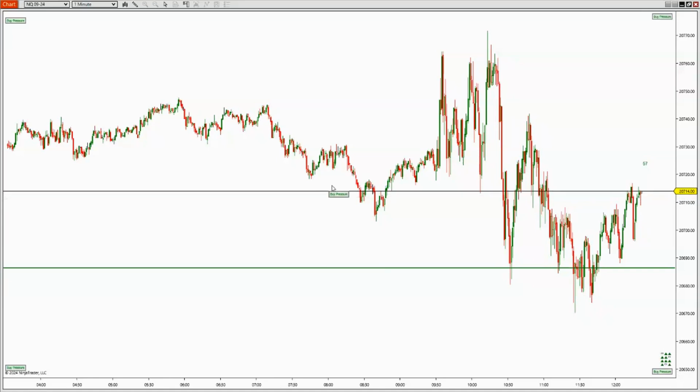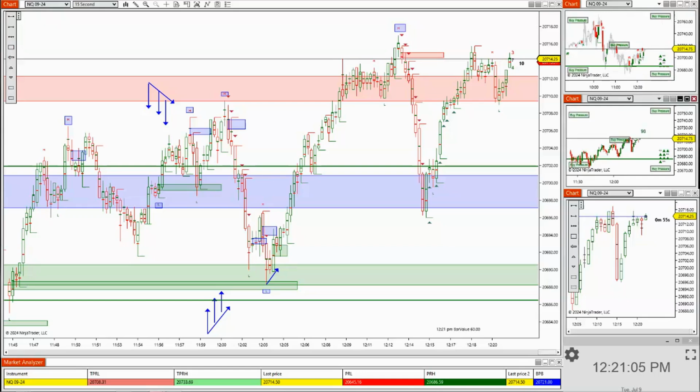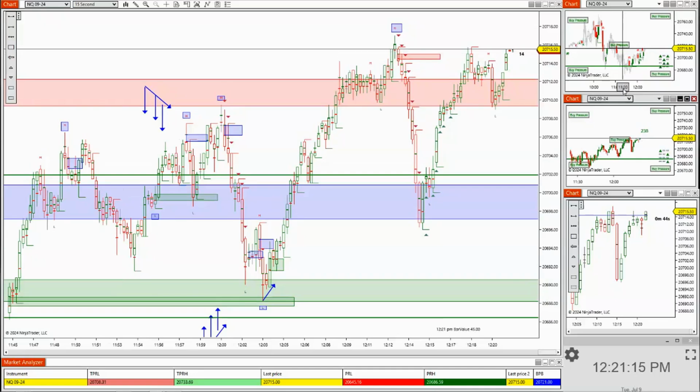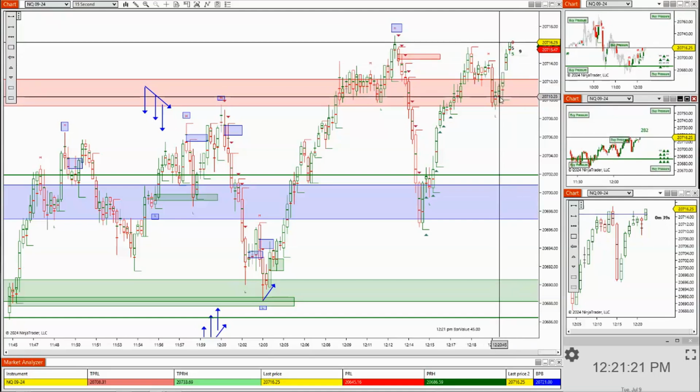Well, before the bar finished, it went off, so it's actually not able to do that. It went off. You can pause the video and go back. It went right off before the bar had finished. Okay, and then I got the volume in there for you. All right, so you can kind of see what the volume is on that. But again, those are timing tools just to help you kind of get in it. That's all. Kind of break down the bar, just help you get in it.